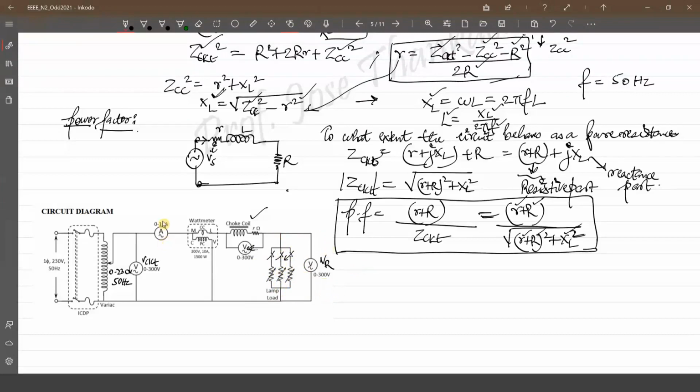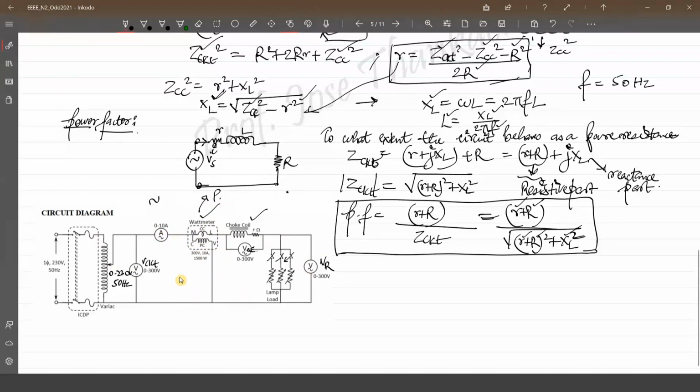And I told you to measure the current here with the help of an ammeter. Since it is all AC circuitry, all meters we have here are AC meters. That is why the symbol is sinusoidal. And this is the wattmeter which I told you about. It has a current coil connected in series with this load and a pressure coil connected in parallel with the circuit. This will be used to measure the power consumed in the circuit. So you can see this is the same circuit which I have drawn and explained in the whole analysis.